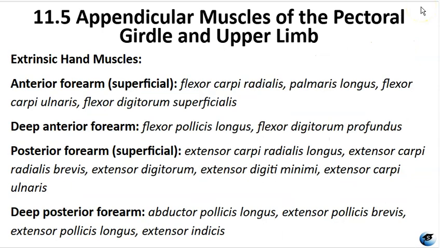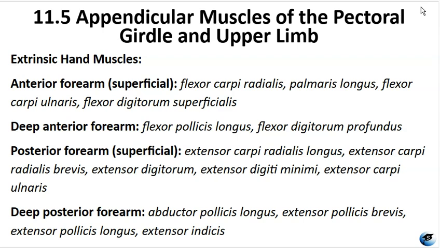The extrinsic muscles of the hand originate in the forearm and insert into the hand to enable gross motor functions. The superficial anterior forearm muscles, including the flexor carpi radialis, palmaris longus, flexor carpi ulnaris, and flexor digitorum superficialis, produce wrist and finger flexion. The deeper flexors, such as flexor pollicis longus and flexor digitorum profundus, contribute to finger movement